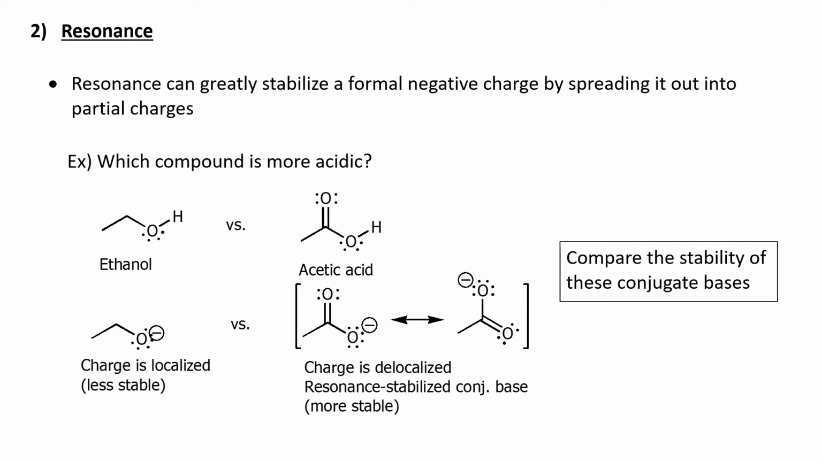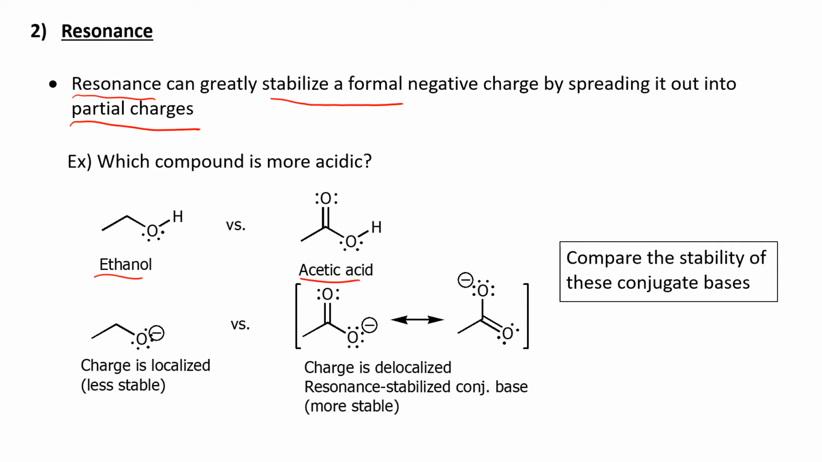All right, the second factor in the ARIO system is resonance. So, what does resonance have to do with formal charges and their stability? Well, resonance can stabilize a formal charge by spreading it out over multiple atoms, resulting in partial charges. So, for example, if we want to compare two compounds, ethanol and acetic acid, and determine which is more acidic,